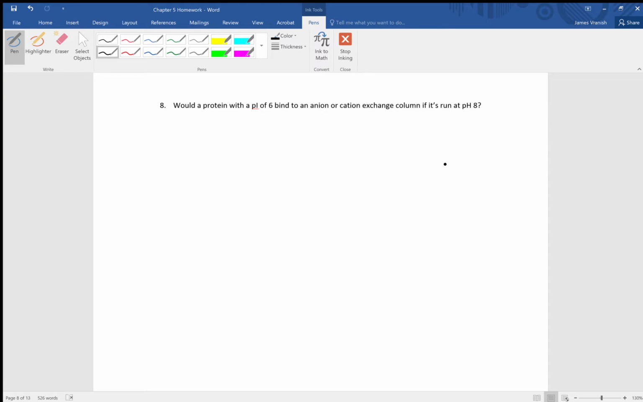So question 8, would a protein with a pI of 6 bind to an anion or cation exchange column as it's run at pH 8? All right, well, our rule is that if the pH is greater than the pI, sorry, thinking about different stuff,